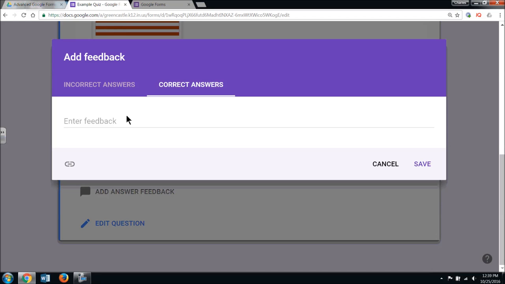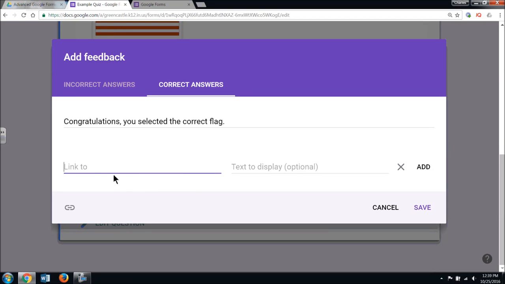And for correct answers, okay, so just a little feedback for the students. Notice I can include a link, which is nice if I wanted to. I could include a link to a website and have text to display. So if I wanted to go to, say, an entry on the American flag